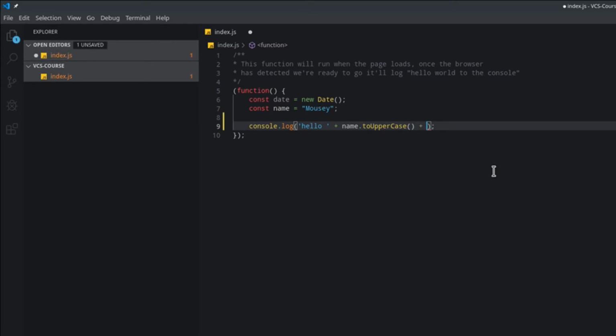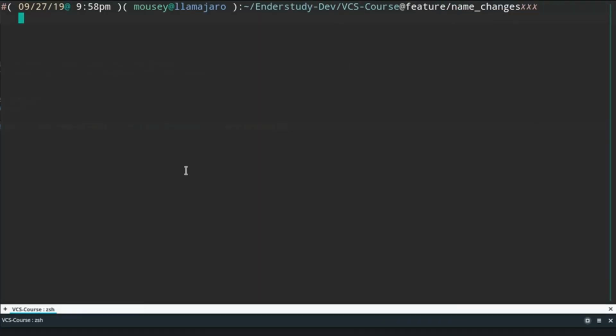So I'm going to add the date. This was logged on, and I'm going to do date.getTime. And there we go. I'm happy with this now. I think that this is a lot better than it was before. There's so much functionality in here, it's great. So I'm going to open my terminal,